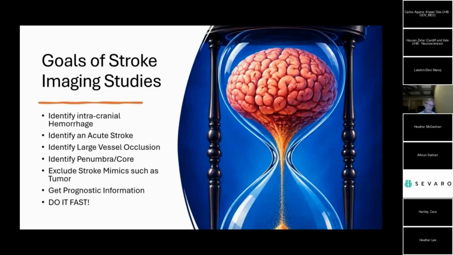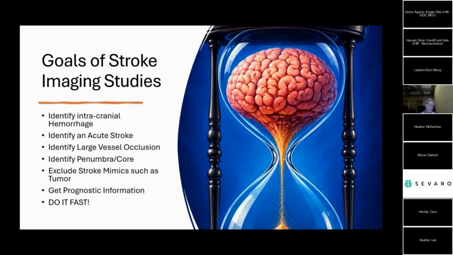As far as goals of stroke imaging, I think everybody knows it. We're going to hit it again. Of course, you want to try to pick up an intracranial hemorrhage. You would like, if possible, to identify the stroke. You want to identify the LVO. And you want to identify the penumbra and core, which again is principal to CT perfusion imaging. You want to